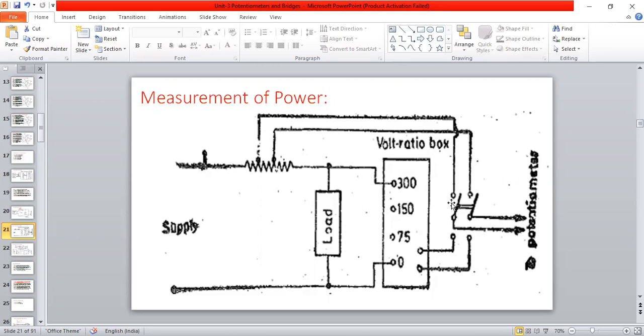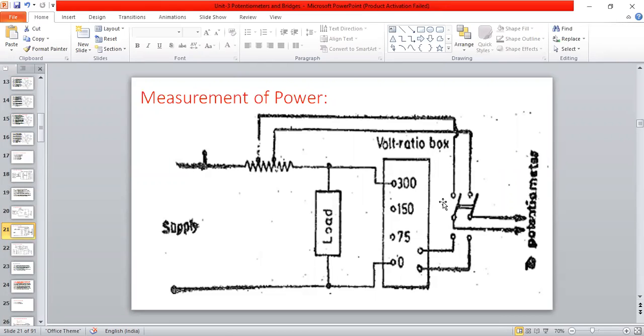Here two terminals are there. Here two terminals are there. Once it is closed, it will connect to all the terminals here now. So voltage and current both we are going to consider here. The product of voltage and current, what does it mean? Power. The product of voltage and current is power. That is called power only.